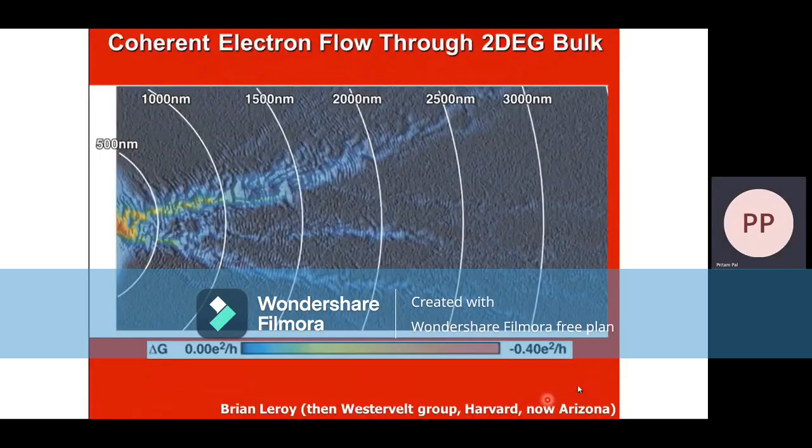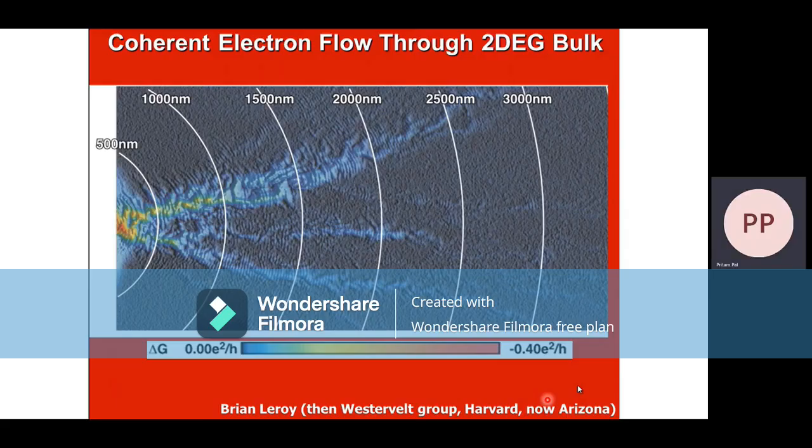This is probably the last slide I'll show you on this. So, okay, for the next part of this topic, we discuss a very neat experiment that shines a lot of light onto the ballistic and coherent quantum transport of electrons in a two-dimensional electron gas system, right? And in quantum point contacts,